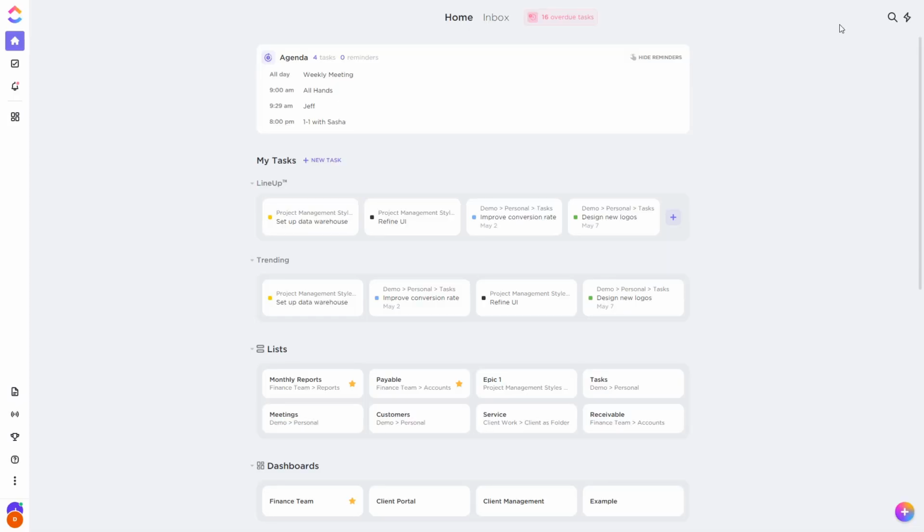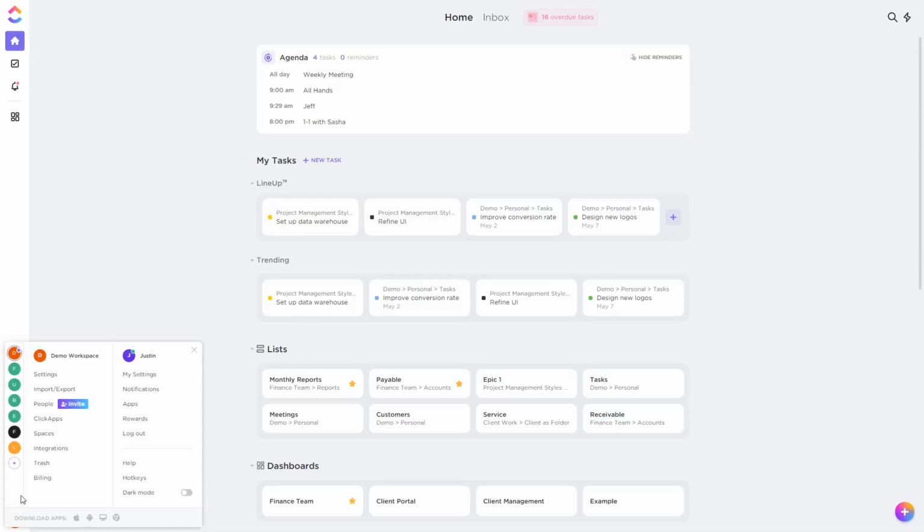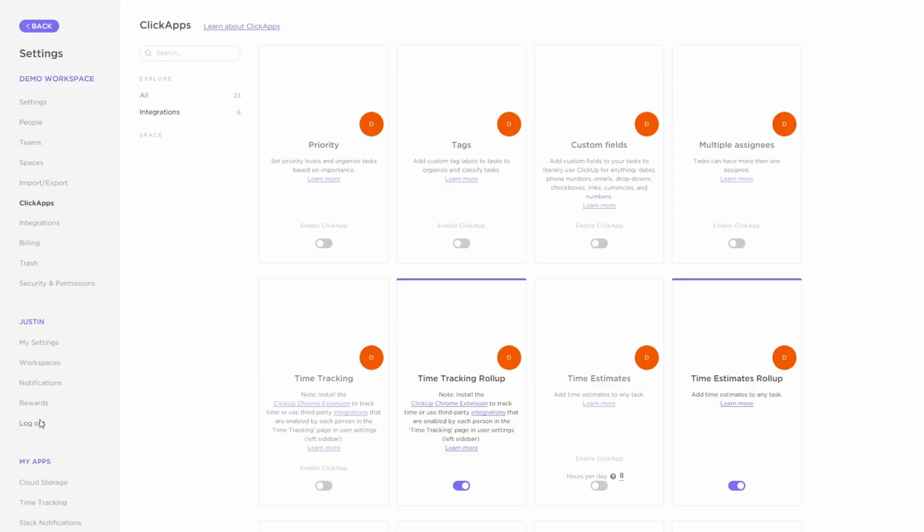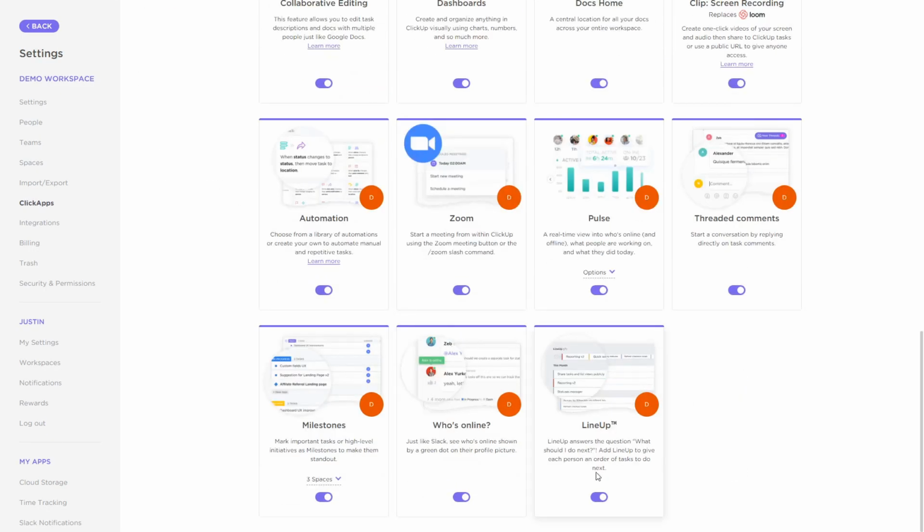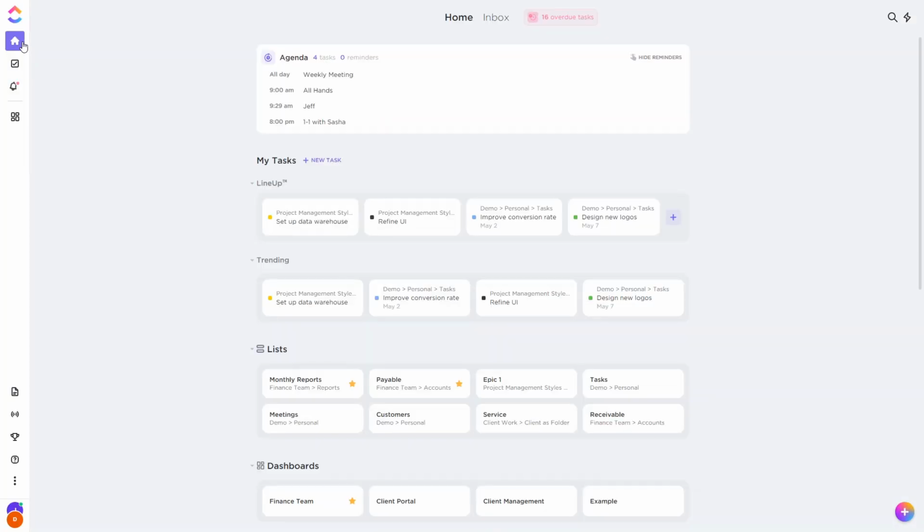LineUp is a Workspace app which can be disabled by an admin by going into the Settings, clicking Apps, scrolling to LineUp, and disabling it. Small teams may wish to do this if their tasks are already easily organized and there is less need for communication. Where LineUp really shines, however, is with larger teams, where members are assigned tasks in multiple locations which can't